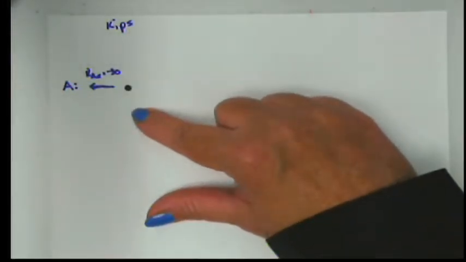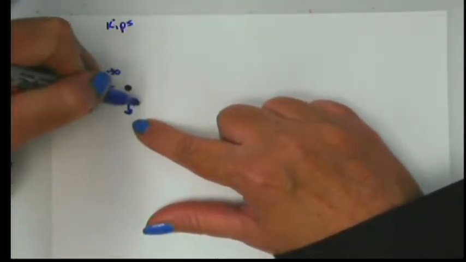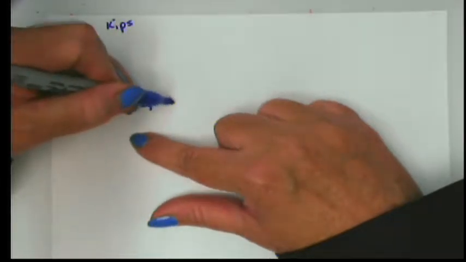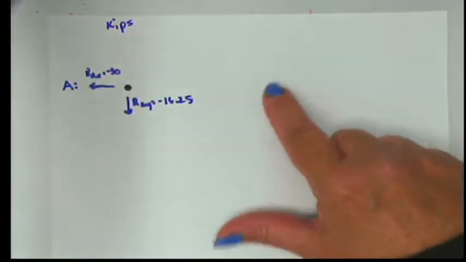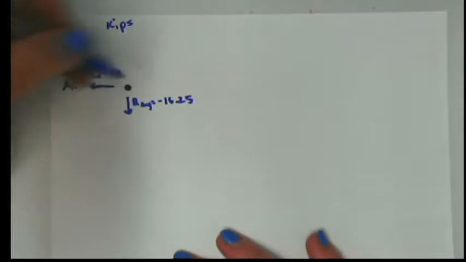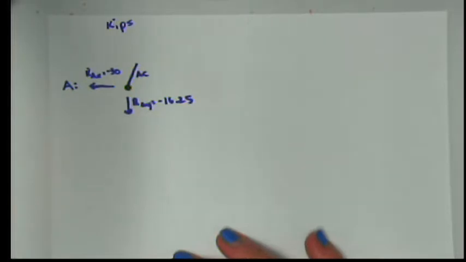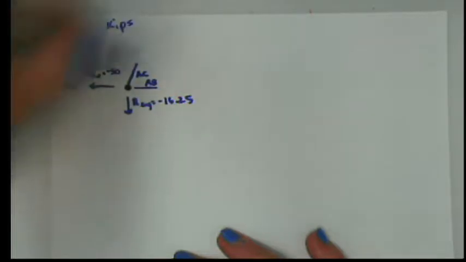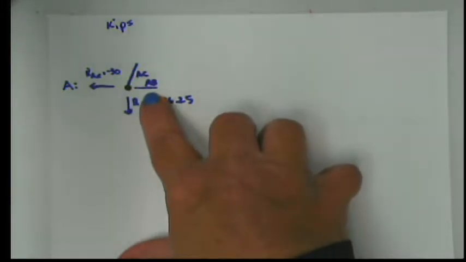The reaction at A in the y direction is downward, so the reaction at A in the y direction is negative 16.25 kilopounds. And we don't need to mess with the reaction at B because we're just talking about the joint at A. We then have AC, which has to be directed along that structural member. And we have AB, which has to be directed along that structural member. So we know the geometry of those two. We know which way they work. However, we don't know whether they're in tension or compression, which is the next part, and we don't know their